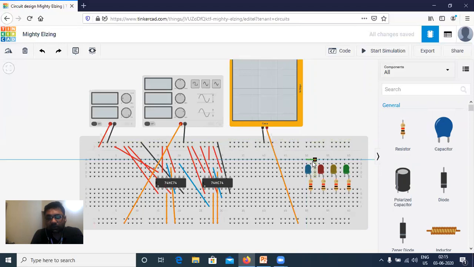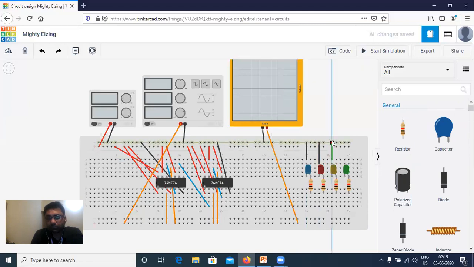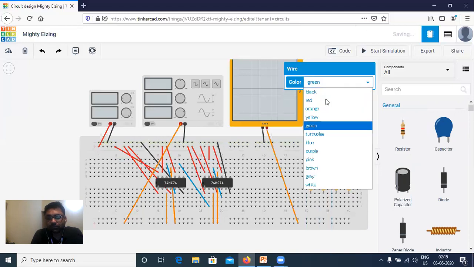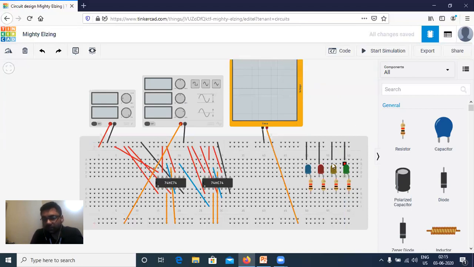These are all ground. They are all connected. Cathode connected to ground. Okay. So how are we going to connect to these outputs?